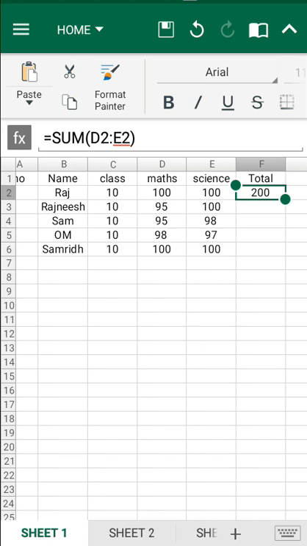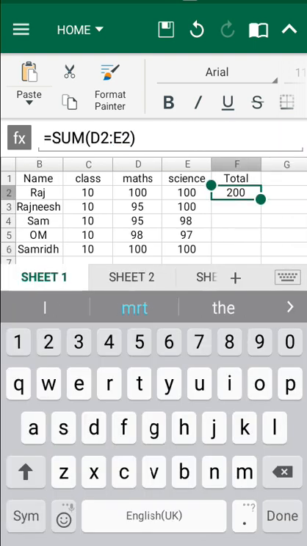By clicking on that, it will give me the sum and I'll drag it to the bottom. It will give me the total just like that. Or individually I can do it also.